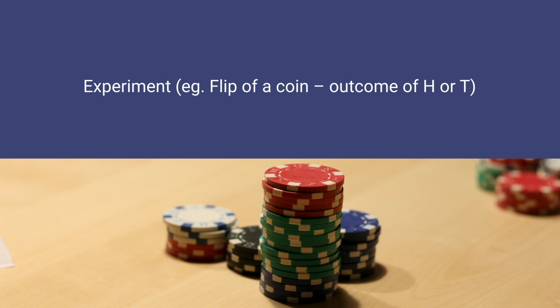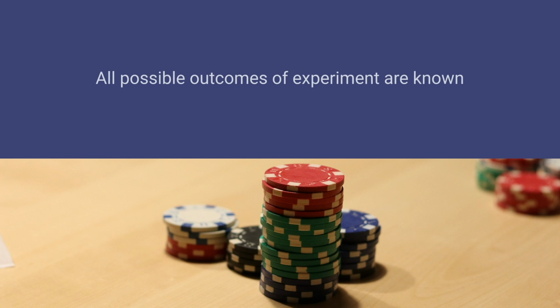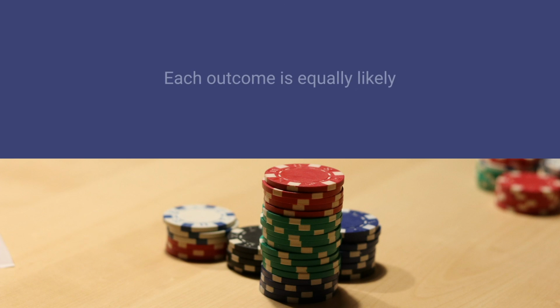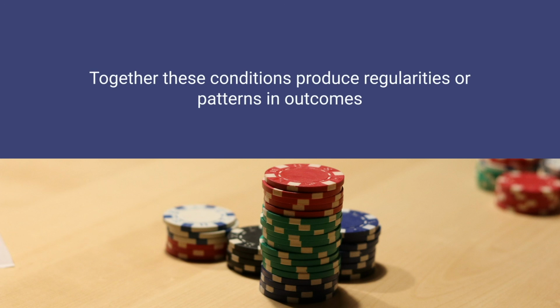If you talk about the experiment example given, a flip of a coin, the outcome of head or tail is there, and the exact outcome is unknown before conducting the experiment. All possible outcomes of the experiment are known. Each outcome is equally likely. The experiment can be repeated under uniform conditions. Together these conditions produce regularities or patterns in outcomes. So what we have observed is that